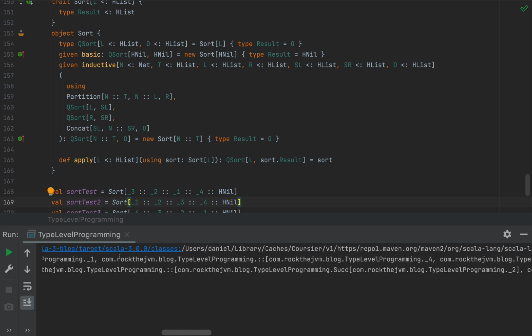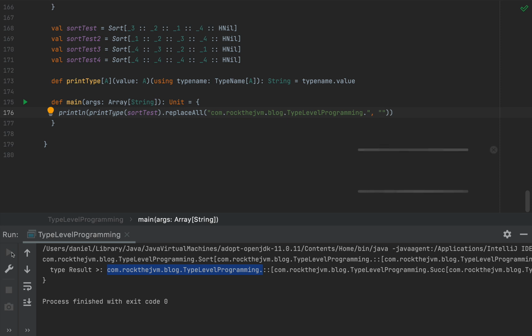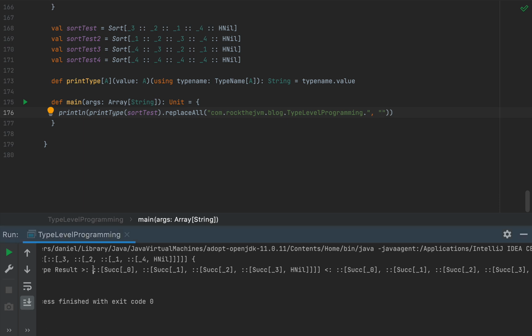So now we have quite a large representation of this type, but notice we have the type Result here surfaced to the runtime. But I'm going to remove this prefix from all the types, so I'm going to have a replaceAll thing. I'm going to replace the rockthejvm blog package prefix with the empty string. And at this point, we should be able to replace everything with empty and shorten the type a little bit. So let's run the application again, and we have our type Result. Now, I'm going to take this out. So notice that the type Result is a supertype of the actual type, which was inferred by the compiler, and